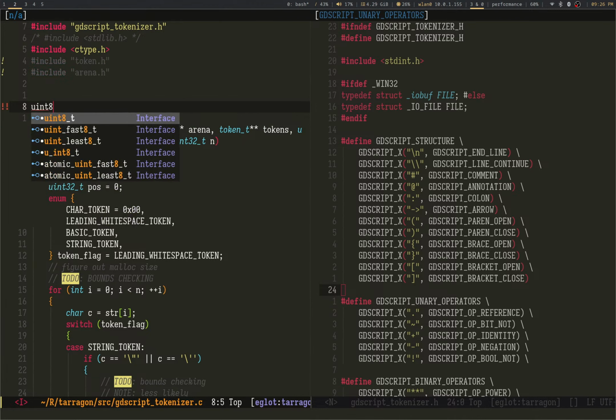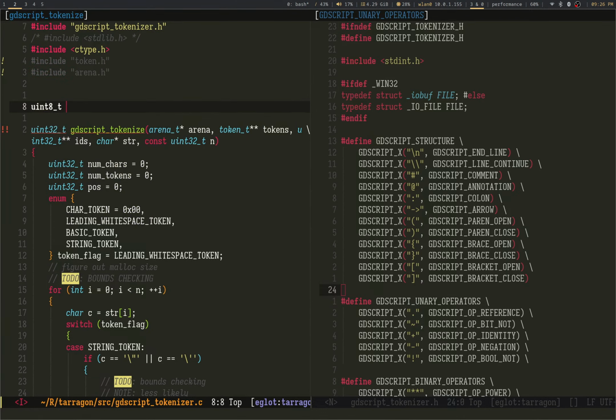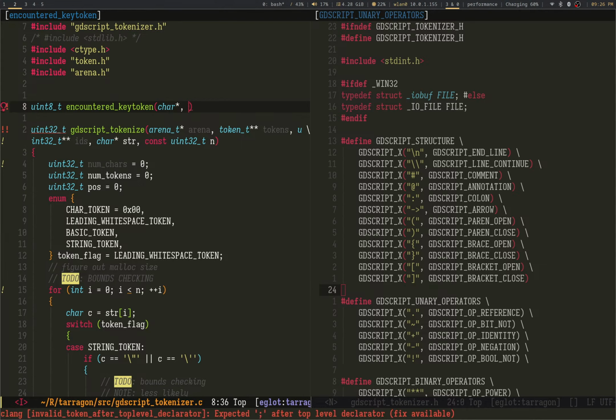So T and token Q. We'll just call it key token. Here we go. Passing along a single char star, and we'll just say C, passing along a string because some of these are a little longer, and I'm actually going to pass in the address.